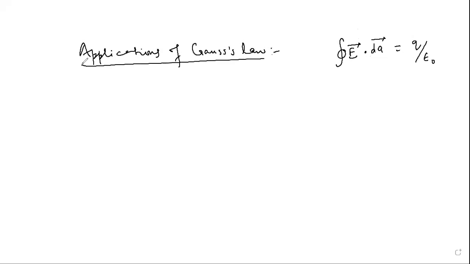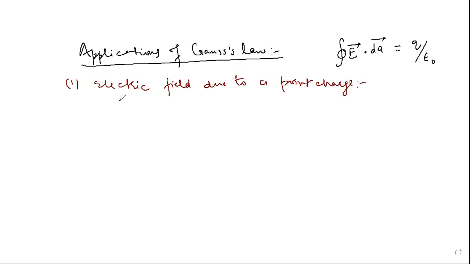So one application we did was electric field due to a point charge, right? And we showed that electric field due to a point charge is 1 by 4 pi epsilon naught Q by